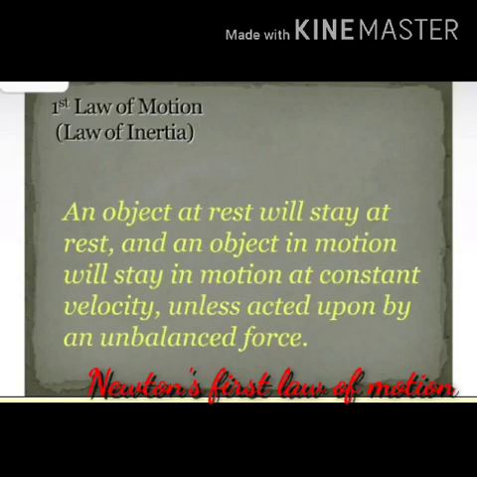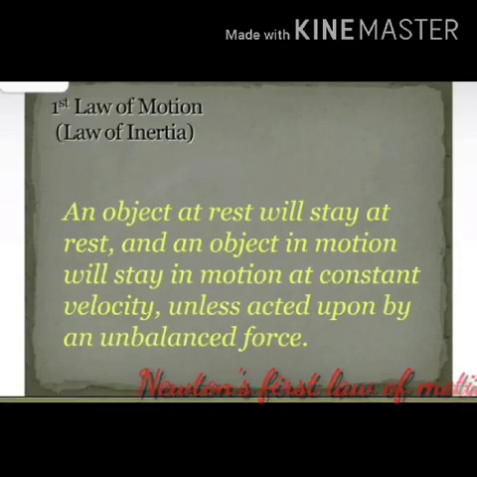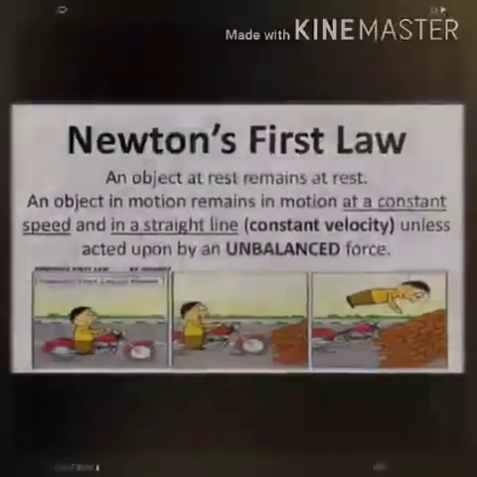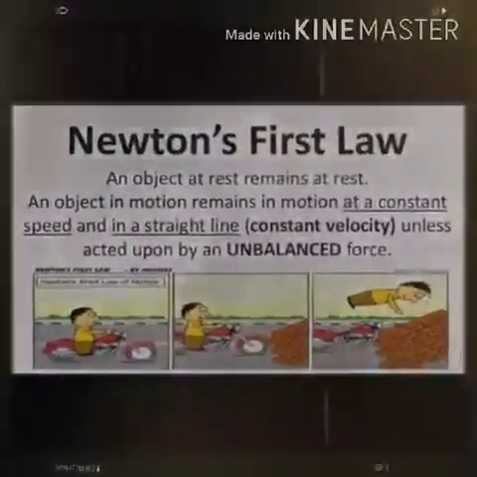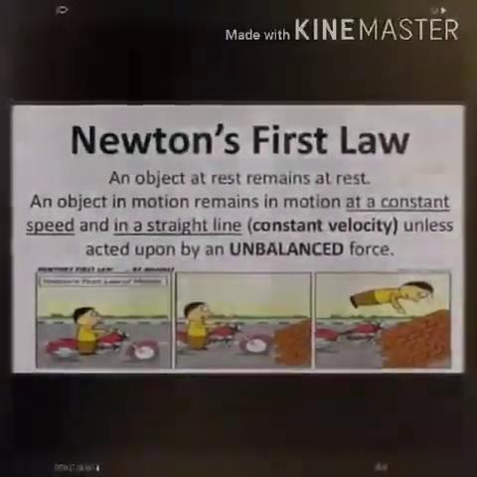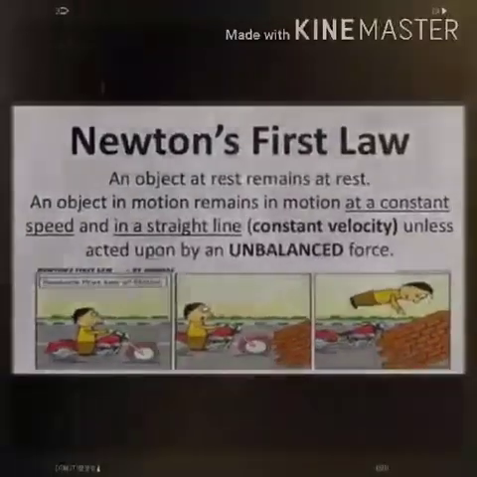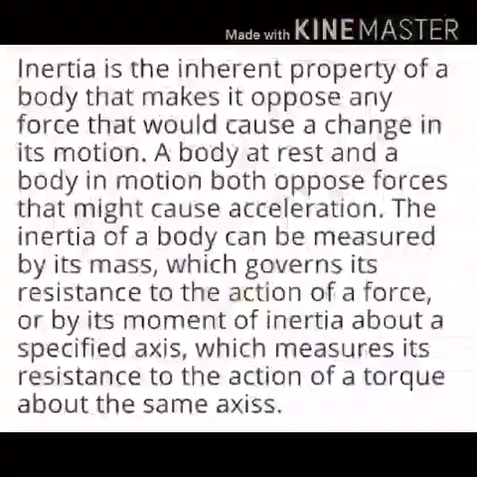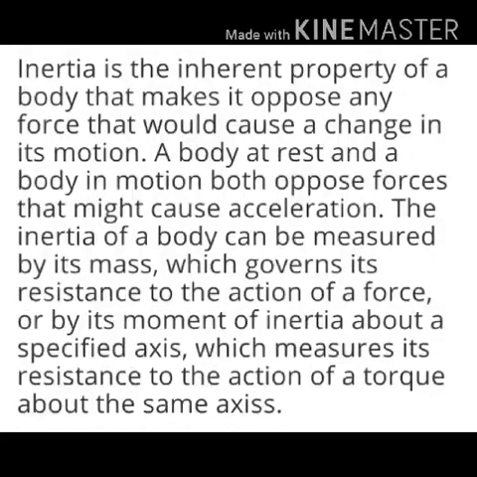Now Newton's first law of motion: an object continues to remain at rest or in a state of uniform motion along a straight line unless an external unbalanced force acts on it. When an object is at rest or in uniform motion along a straight line, it does not mean that no force is acting on it. Newton's first law explains the phenomenon of inertia, that is, the inability of an object to change its state of motion on its own. It also explains the unbalanced forces which cause a change in the state of an object at rest or in uniform motion.